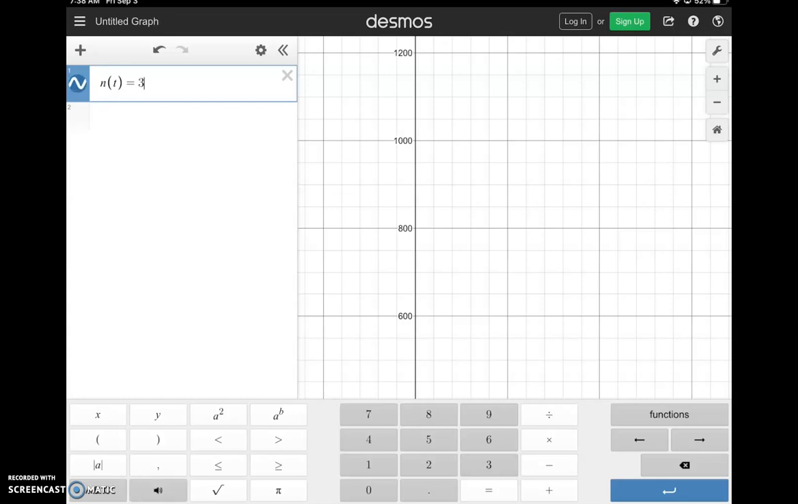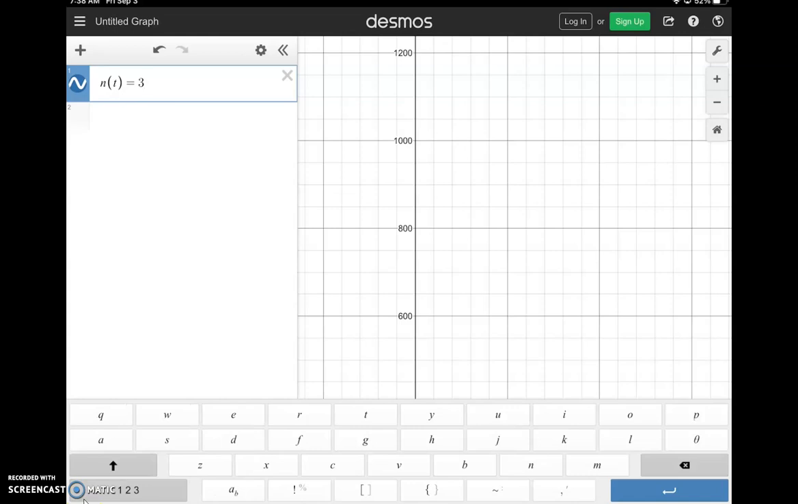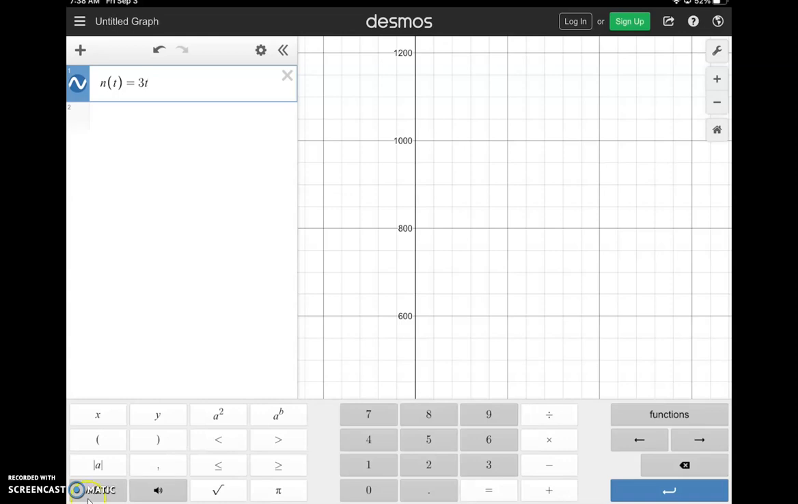Then I have 3. I need to go back to ABC and do t cubed. So I'll go back to 1, 2, 3 and hit this power button right here, a to the b. That'll get me up there. 3t cubed. And then I'm going to hit this arrow button right here to move me out of that exponent,